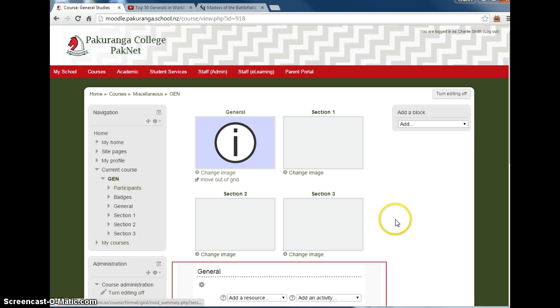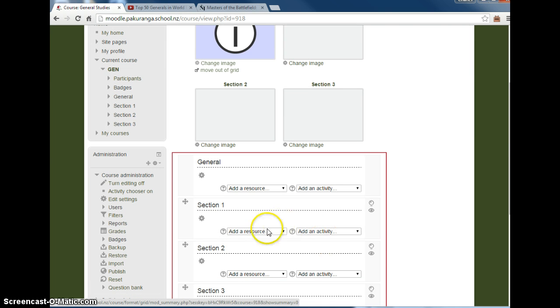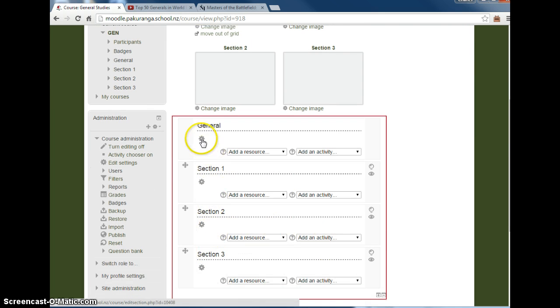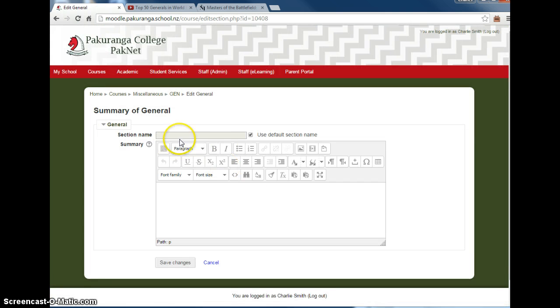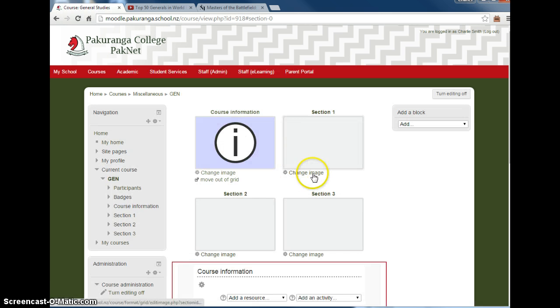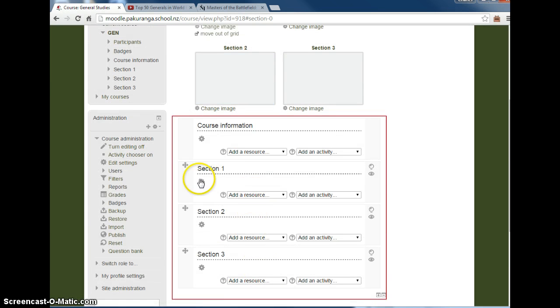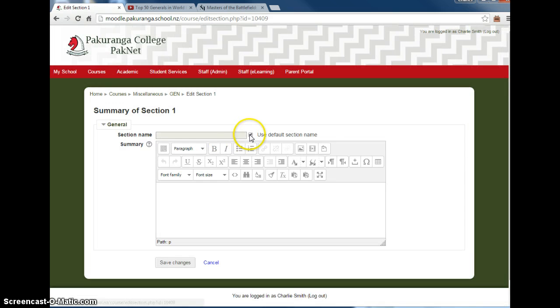Now the second thing I'm going to do is change the headings of these sections. It's just a matter of organizational stuff. So untick use default section name. I'm going to say general information. Actually I'm going to say course information, just because it's slightly confusing having general everywhere. And I'm going to change section 1, clicking on that icon again, to generals in history,